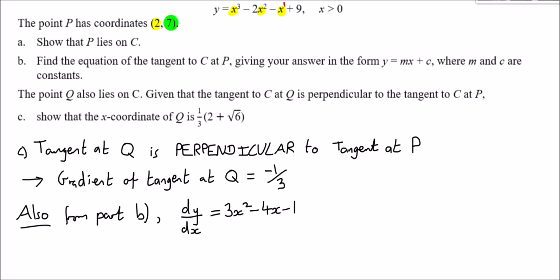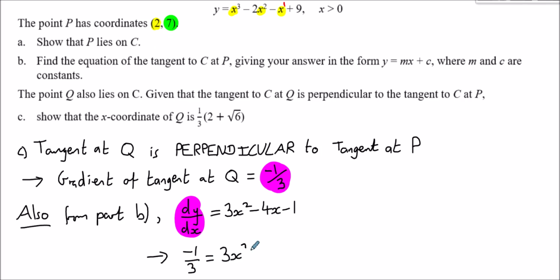And so what this is saying here is that the gradient function at Q, the gradient at Q, is the gradient of a tangent at Q, which is minus 1/3. And so we can substitute in that the gradient at Q is minus 1/3. So we can substitute minus 1/3 into dy by dx. We can then solve for what the value of x needs to be to give us a gradient of minus 1/3. So let's do that now. So therefore minus 1/3